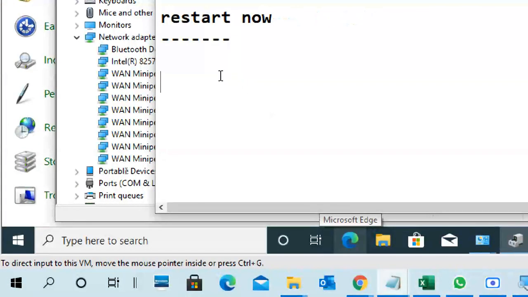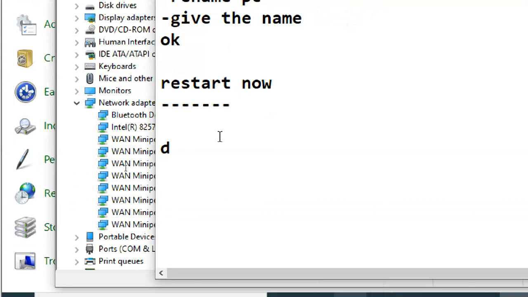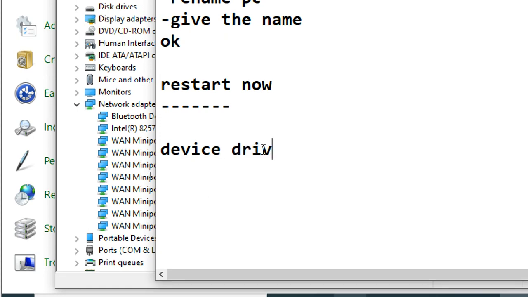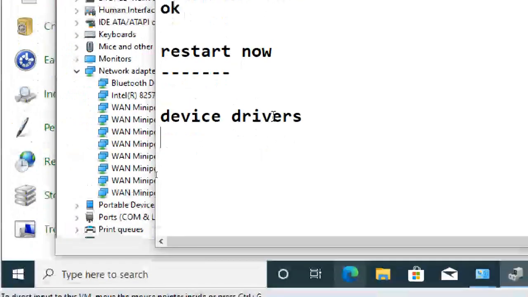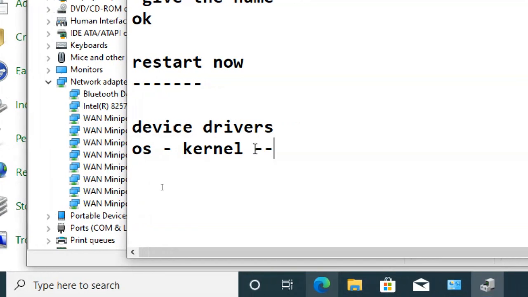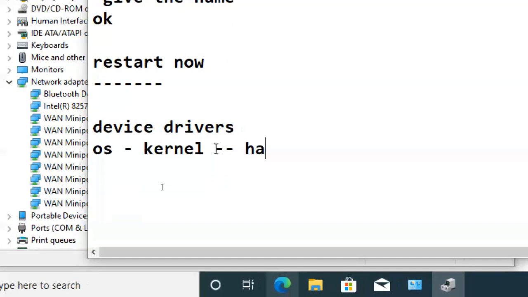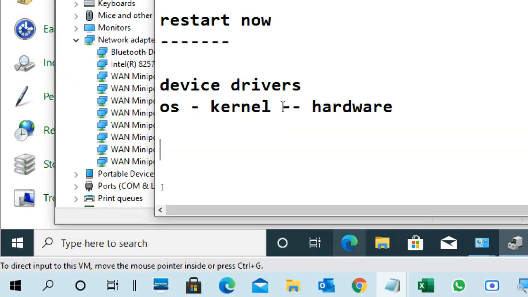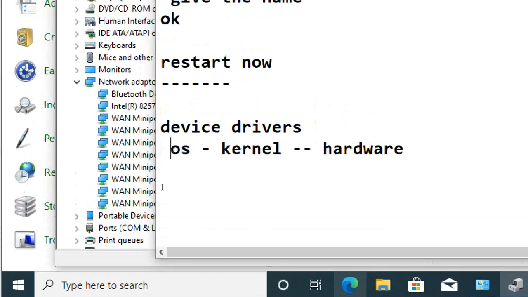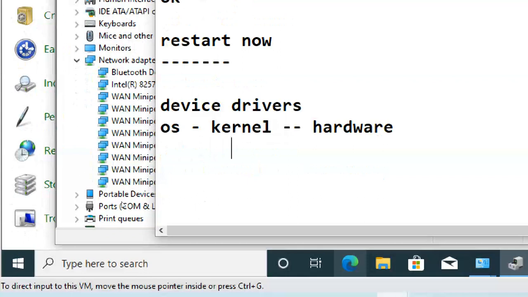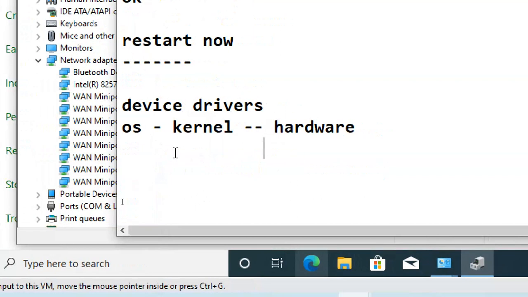First of all, what are device drivers? Your operating system has a kernel, right? The kernel interacts with hardware. But the OS kernel does not completely understand your hardware, all the devices in the hardware. So what happened?